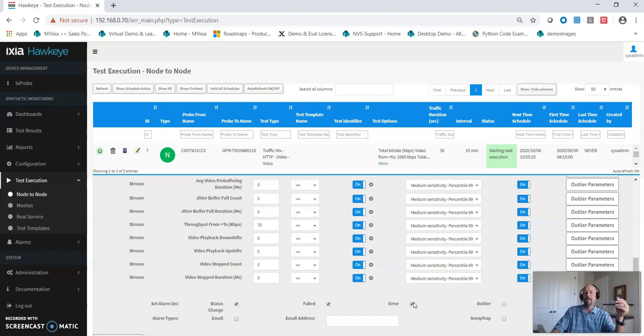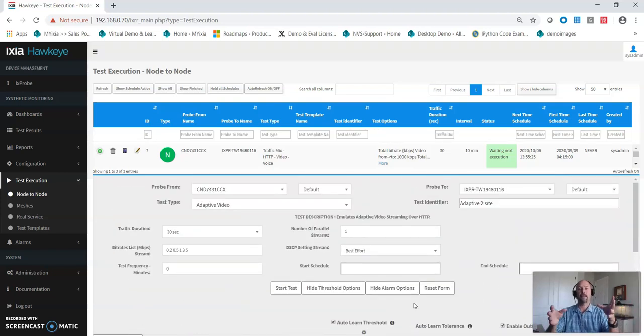So what we've done today is we have set up an adaptive video test. We've set some bit rates. We've set numbers of streams. We've decided which two endpoints would be involved. We've looked at our auto thresholds, and we've looked at setting our outliers, and then we've set up some alerts. So with all of that in mind, you should be able to now set up